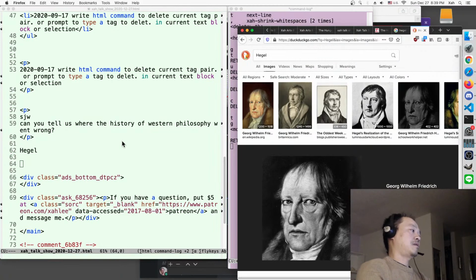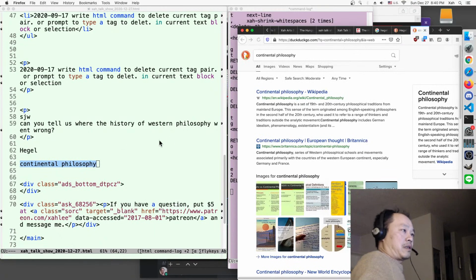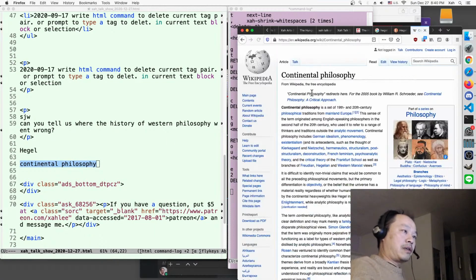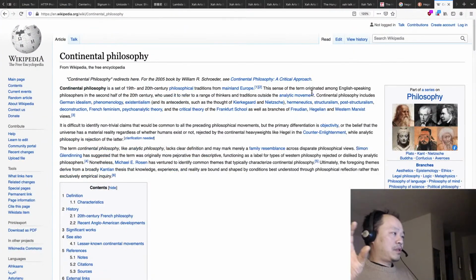I haven't studied Hegel that much, and he's also not within the past 100 years. But let me tell you a few big keywords of what I would call social justice philosophy. The biggest one is actually Continental Philosophy. Search for it on Google, go to Wikipedia. This is the main line. I'm going to explain it, but this is the main line.